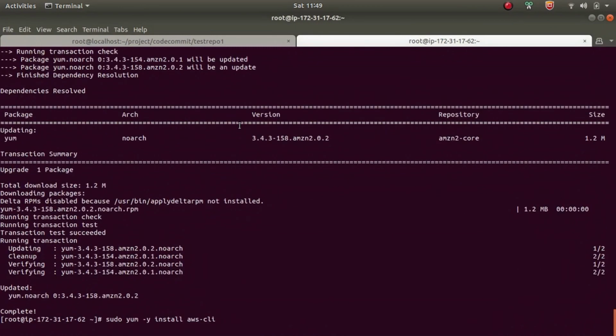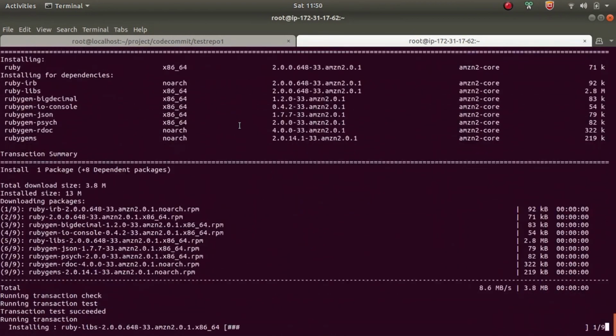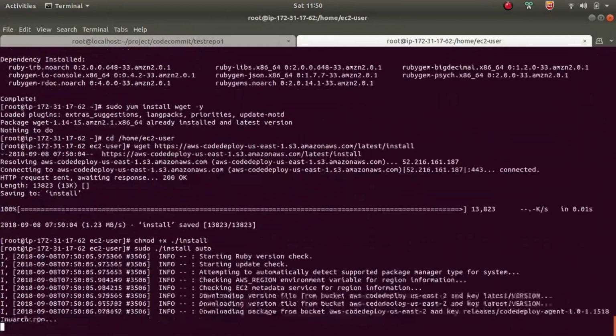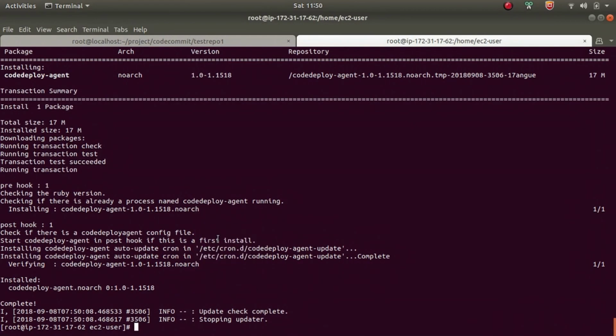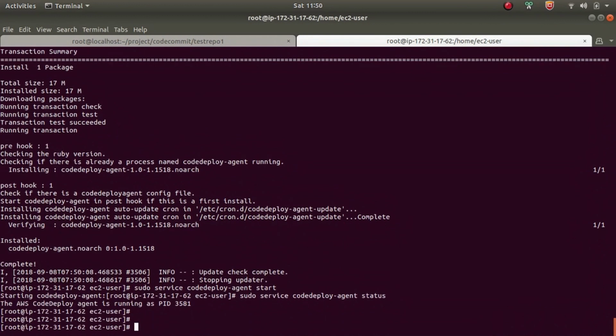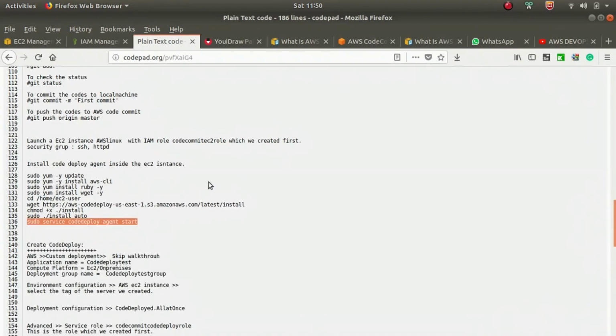It automatically does all those things, no need to type one by one. Yes, it's installed. Now start this CodeDeploy agent. Check the status. Yes, CodeDeploy agent is now running with PID 3581.